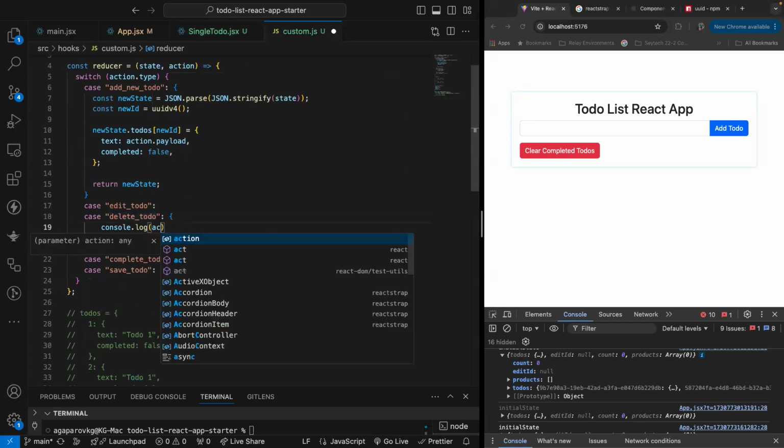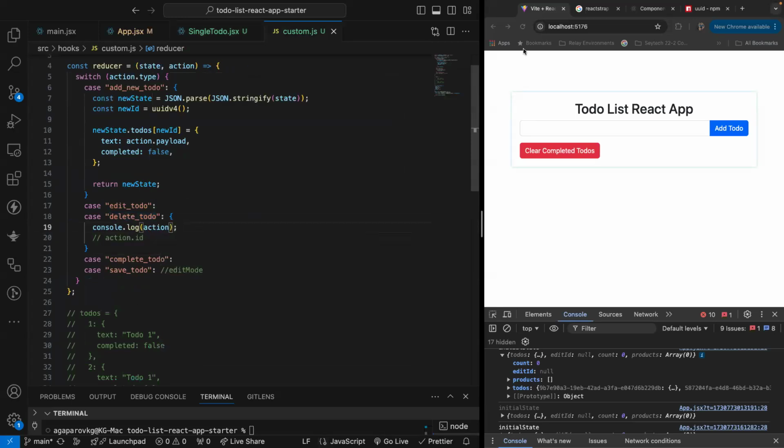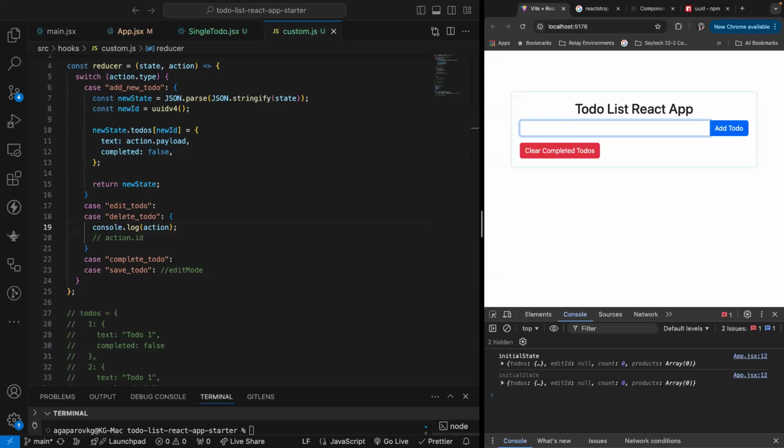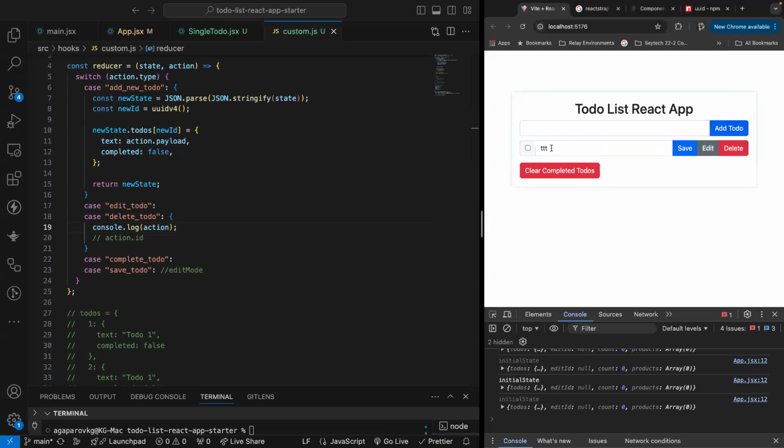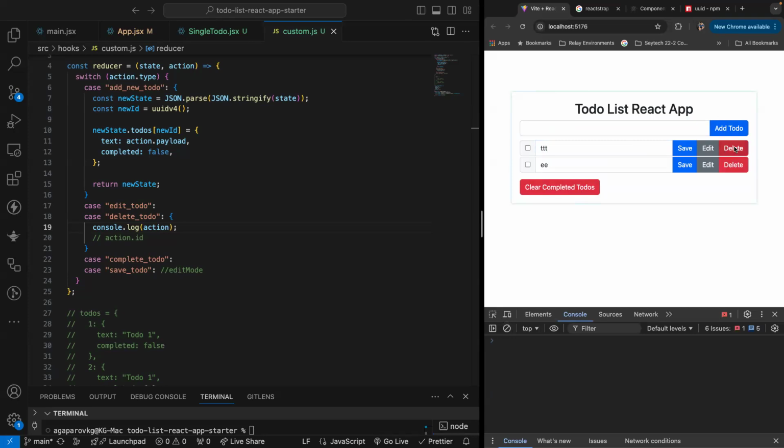Action.id. This is just the action by itself. Refresh the page. I have to add something first. Add to do. Yep, it's adding right now. We changed the text. Oops, add to do. Yes. So now, as soon as I click this delete,